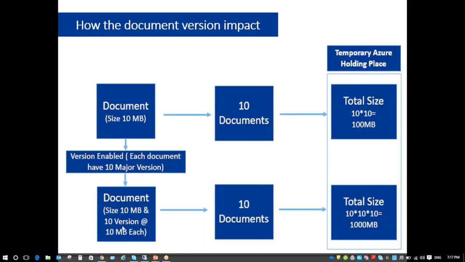The versioning also matters, how many major or minor versions are enabled. That is also required. If we have a 10 MB file with 10 versions, major or minor, of each file, and we have 10 documents, it becomes thousands of MB instead of 100 MB. So this is also where we can write a PowerShell script. It can give us the numbers: how many documents, with which versions, and what size. We don't really need to go deep into the system. We can write a very simple PowerShell script and get all the results very quickly.